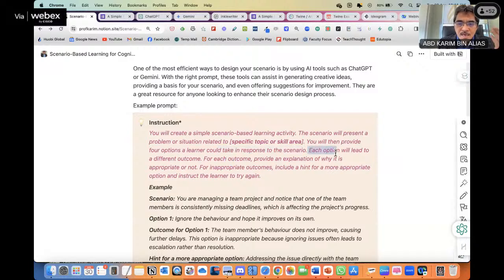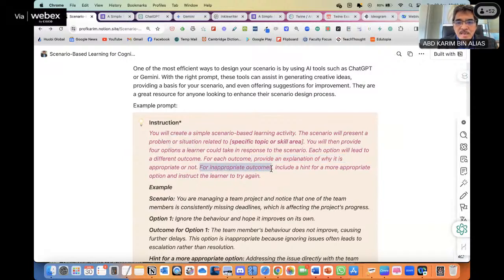Each option, this is the important part, the instruction that we give to ChatGPT, or you can use Gemini also, the free one. Each option will lead to a different outcome. For each outcome, provide an explanation of why it is appropriate or not. And this is where the feedback comes in.